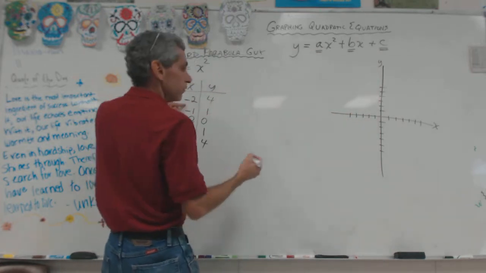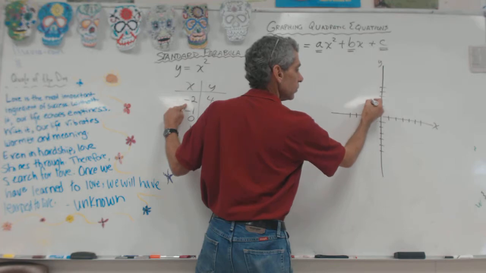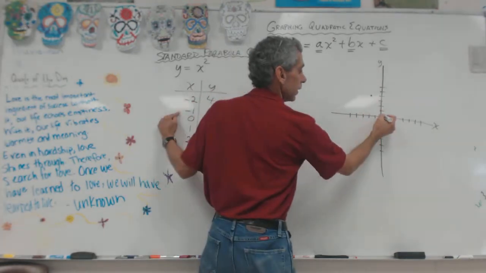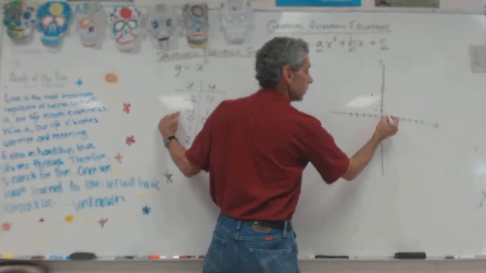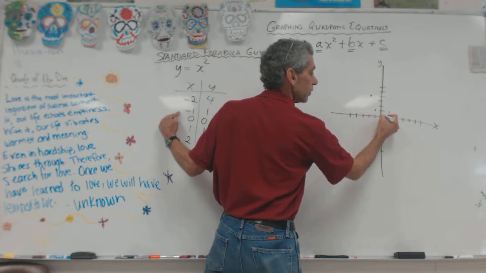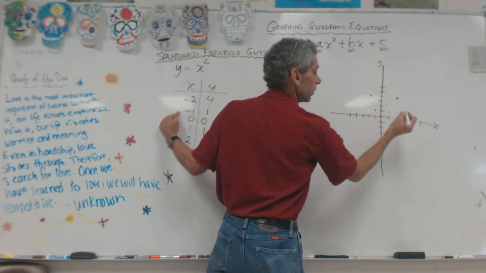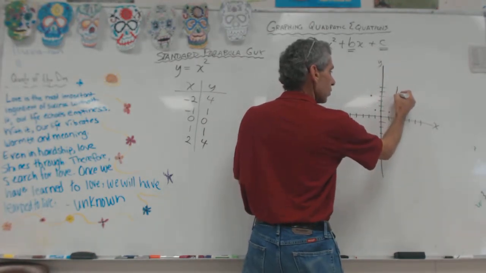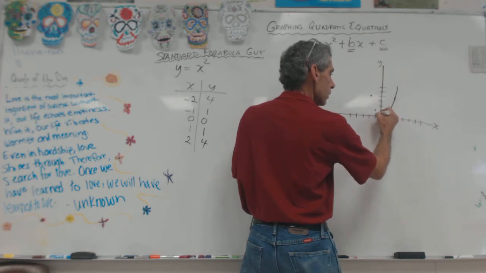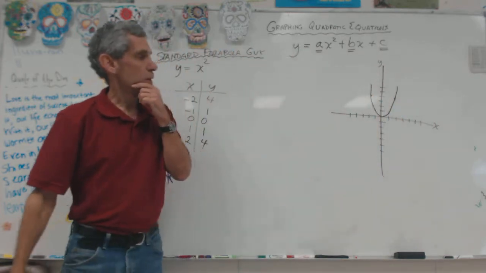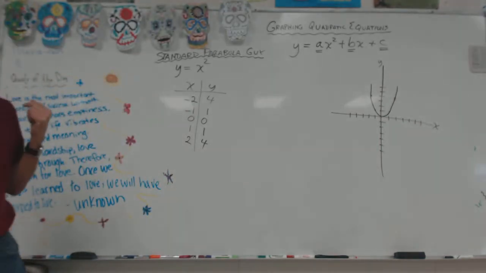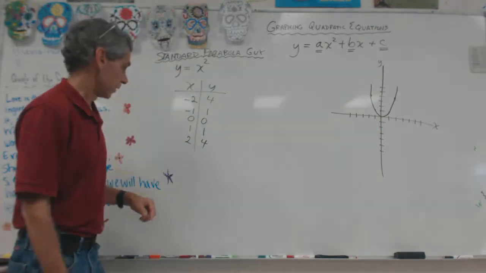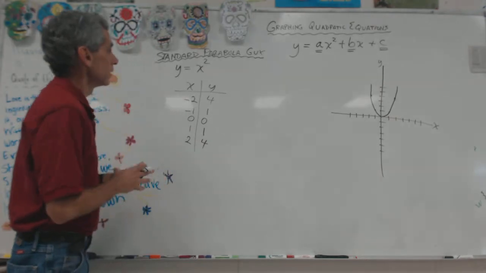Okay, so -2, 4. 1, 2, 1, 2, 3, 4. Dot. -1, 1. -1, 1. Dot. 0, 0. 1, 1. 2, 4. Okay? I didn't do that right. Okay, so as I now draw this, okay, that's it, right? That's my parabola. That is standard parabola guy. Standard parabola guy. Now what I'm going to suggest is,